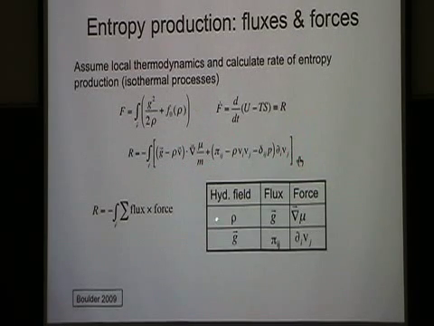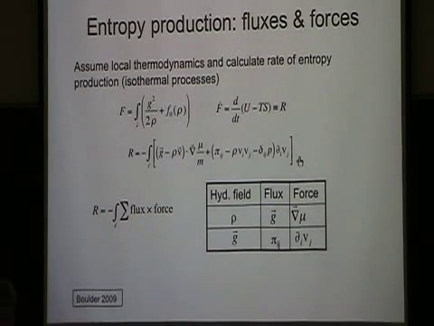These are the driving forces. There is a driving force associated with each hydrodynamic field and the corresponding flux. I can actually derive this, and if you look at the notes, the reading I have suggested shows you how to derive this, actually fairly simple. You can derive this expression for the rate of entropy production. So the important thing is that for every hydrodynamic field, there is a corresponding flux and a corresponding driving force that can drive the system out of equilibrium. And the rate of entropy production is essentially the sum of terms which are products of the flux times the corresponding force.